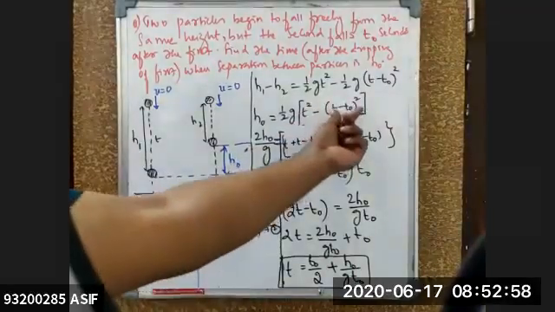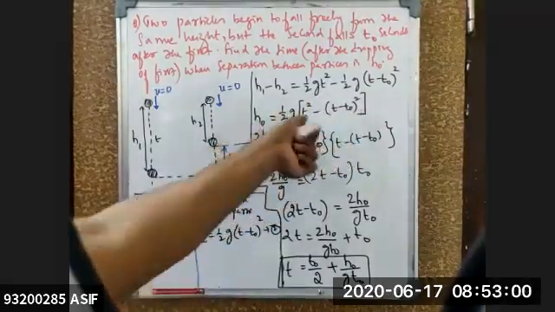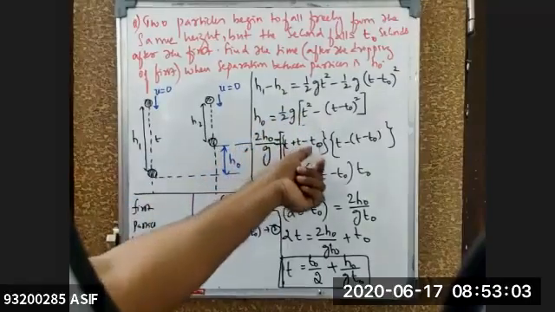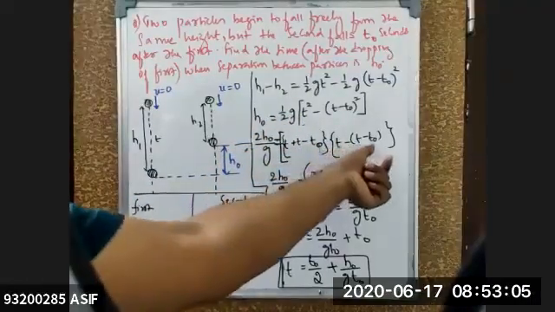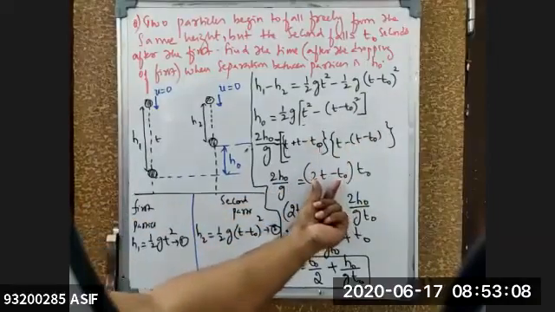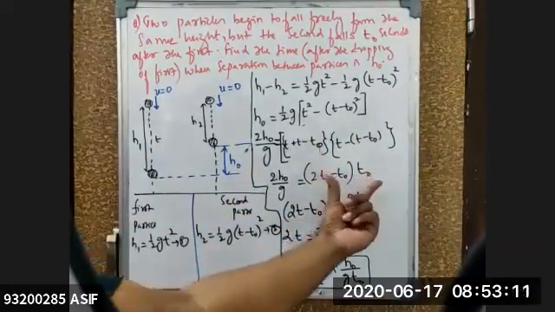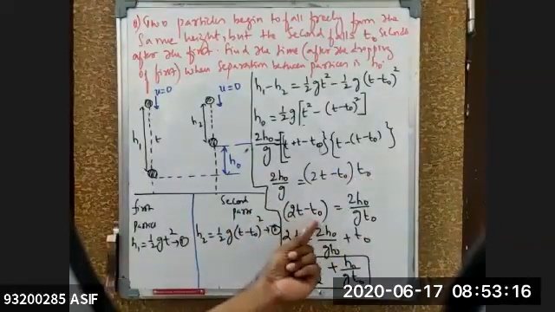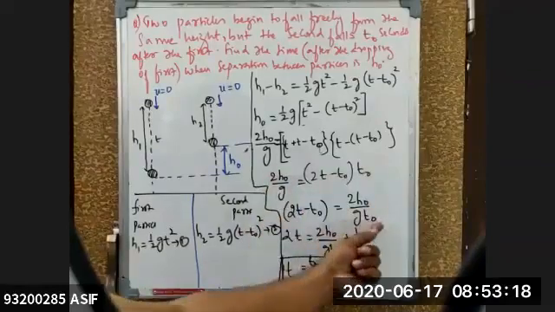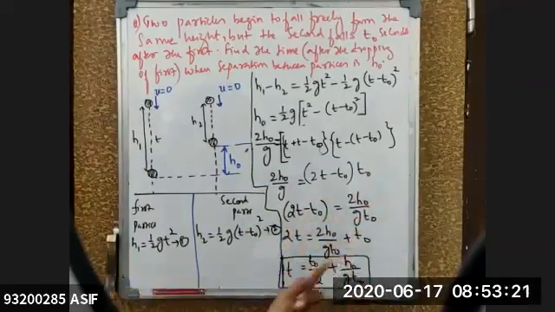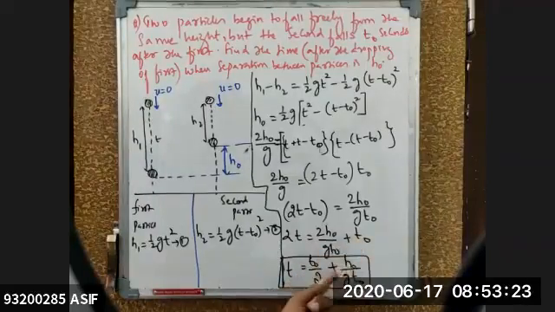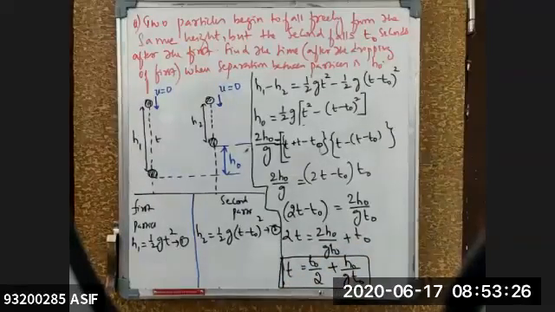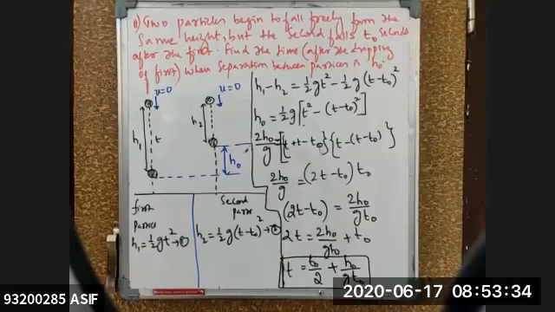Just expand this one better, (a minus b) whole square part of the relation. This I have taken here. This is coming down. So 2h naught by g is equal to (t plus t minus t naught) into (t minus t naught). If I simplify this, this will become 2(t minus t naught) into t naught. I need to calculate the time value t, so I'm taking this t naught here. So 2t minus t naught is equal to 2 into h naught divided by g into t naught. So 2t is equal to, t naught will go that side, plus t naught. So t is equal to t naught by 2 plus h naught by g into t naught. So the time when the separation between the particles is h naught is calculated by the formula t is equal to t naught by 2 plus h naught by g into t naught.